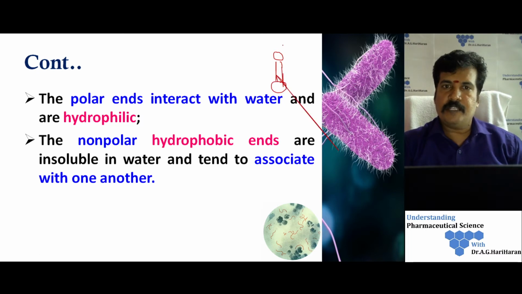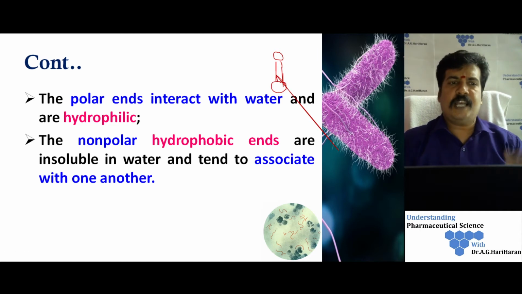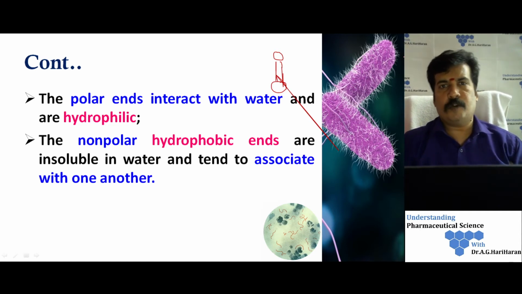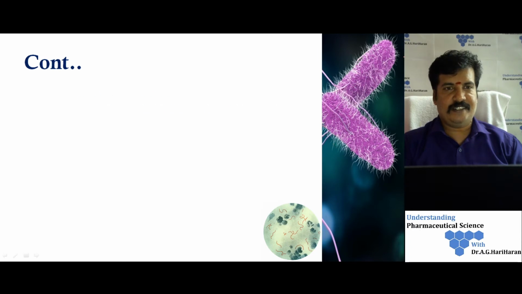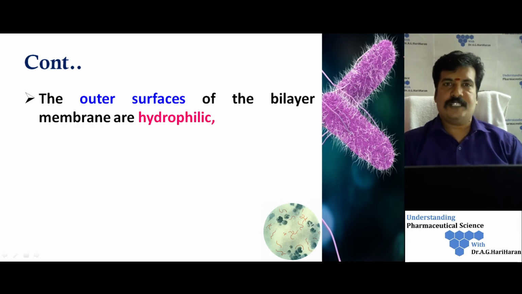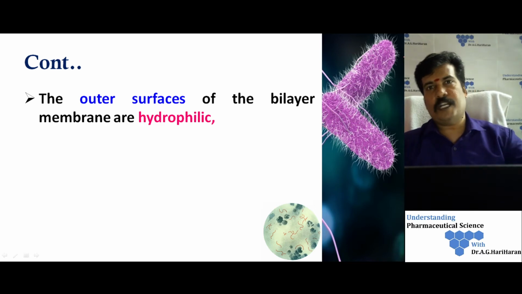So it will be either on the water side, the outside, or the cytoplasmic side. Whereas the hydrophobic ends are insoluble in water, they do not react with water, they interact with each other. So thereby it forms a bilayer structure, right? So the outer surface is generally hydrophilic in nature, whether it comes in contact with the external environment which carries water,